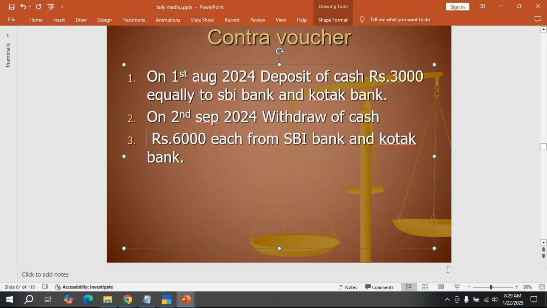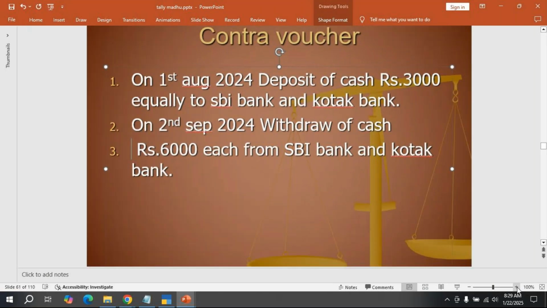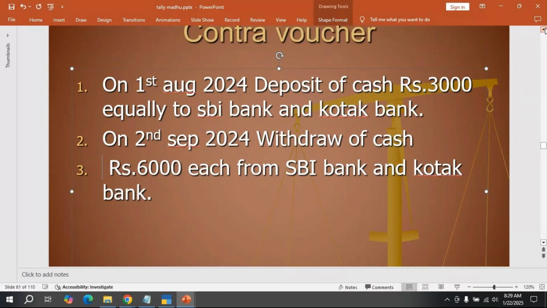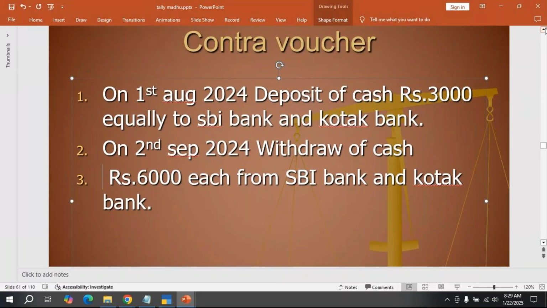See here, there are two questions for us, which means two transactions. How to do the transactions here? In that, contra voucher only. On 1st August